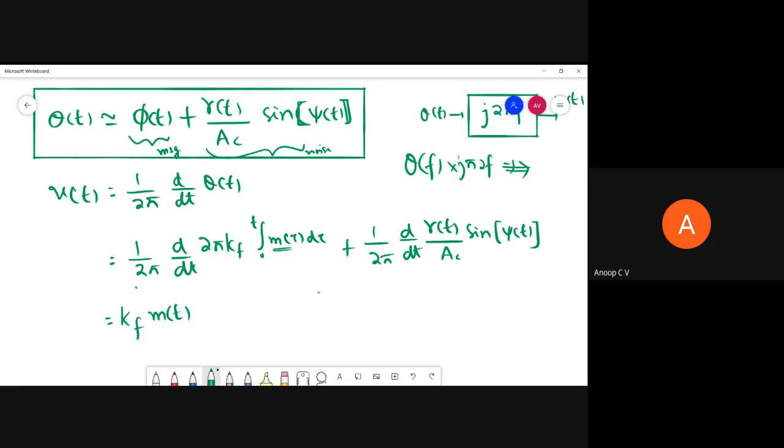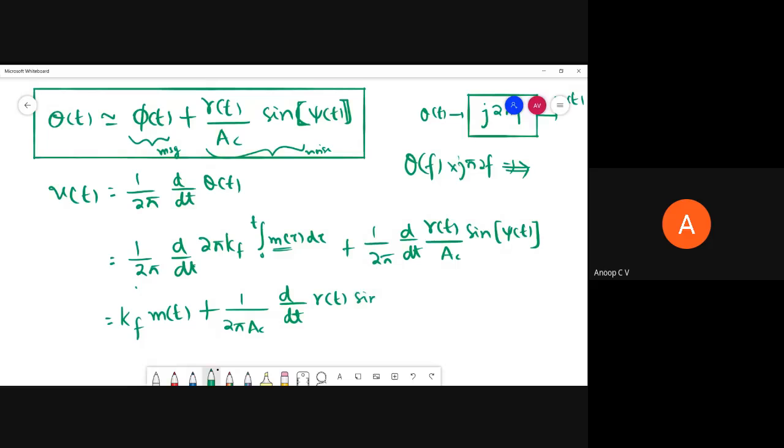So kf into m of t, plus 1 by 2 pi Ac, and Ac is a constant, so we can take it out, d by dt of